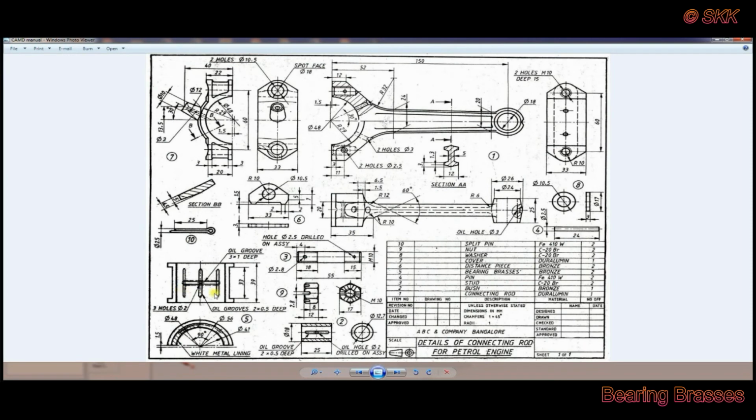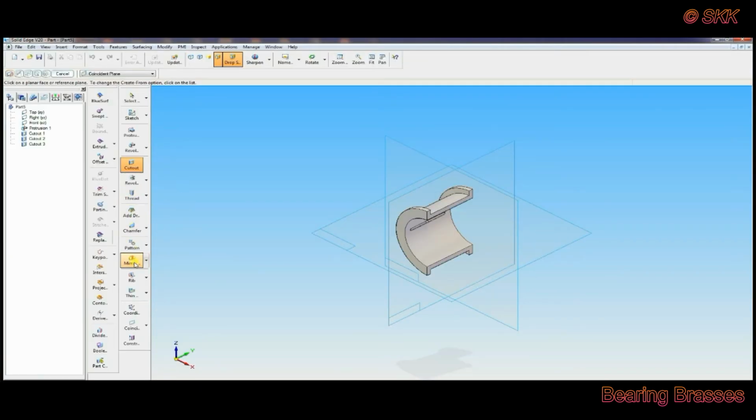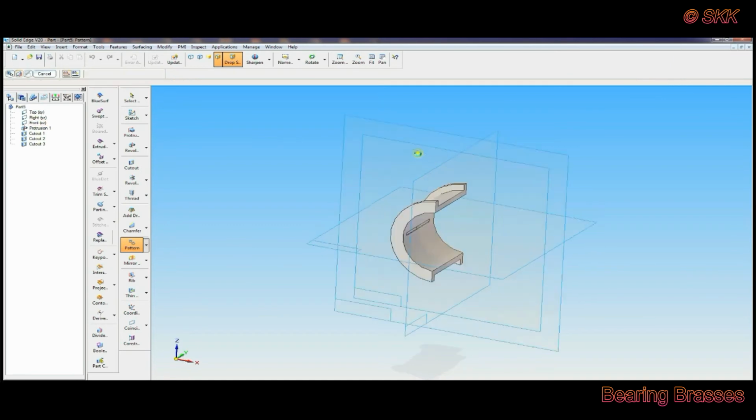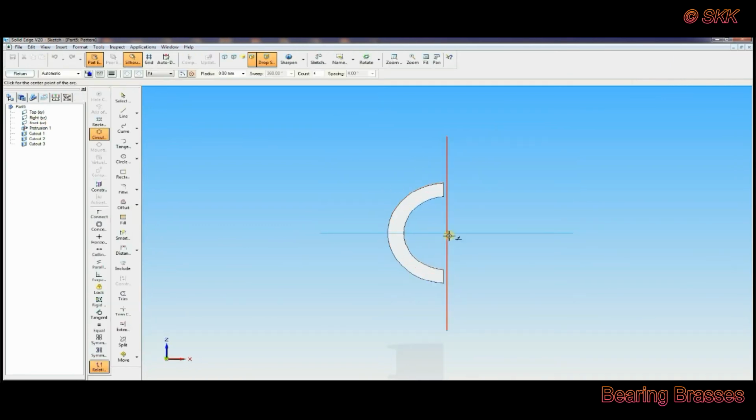Now at equal distance, the same groove and holes you have to draw. For that, go to pattern, select cutouts, two cutouts you have to select, the two features, that one, two features I want. Go to smart, right click, then select front plane, then go to center.